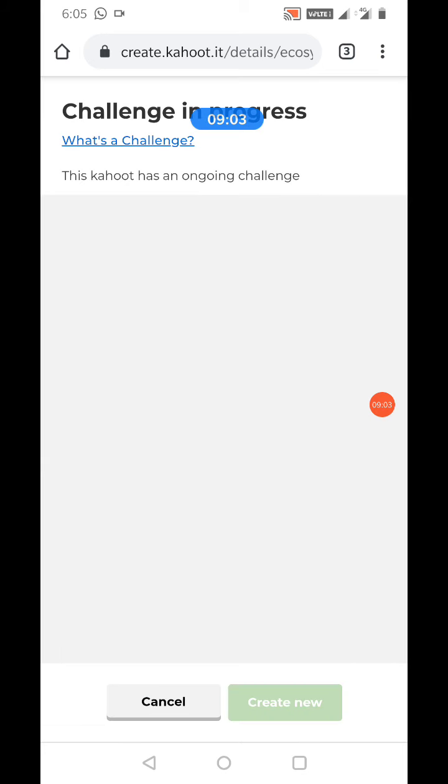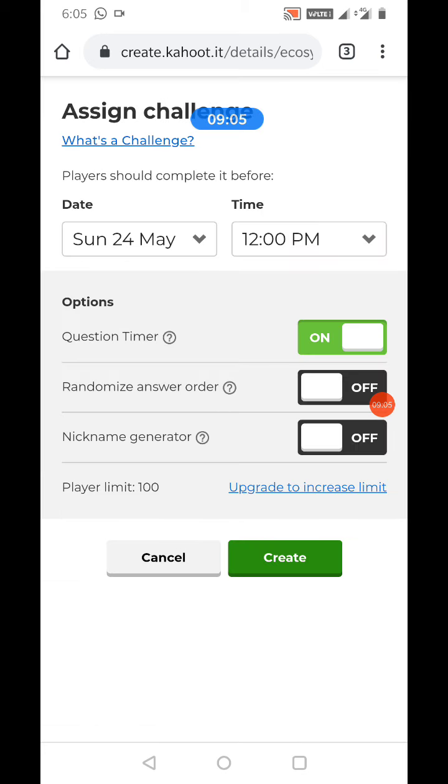Now what is assign? When you click on assign, it asks you to choose the specific date and time you want them to submit their assignment. And again, like the quiz, you will get to know, once it is done by the students, who has submitted the assignment and what is the report of that assignment.